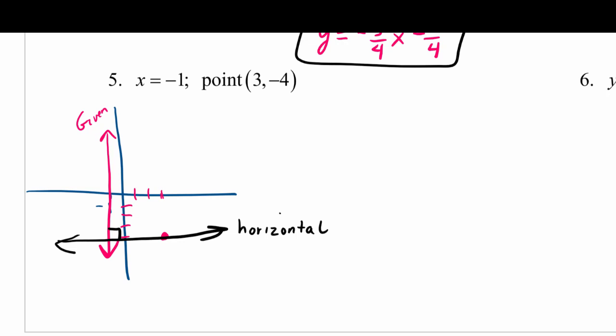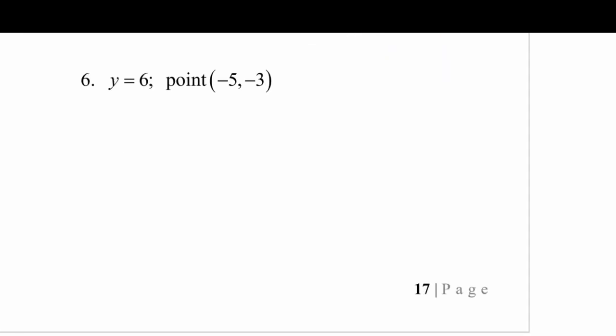So we just need to find the horizontal line that goes through this point right here that we drew. And we know that that's y equals, and it goes through y equals -4. So that would be our perpendicular line. So again, vertical and horizontal lines are perpendicular. Okay, well that's going to help us out a lot with number 6, because number 6 is the horizontal line,